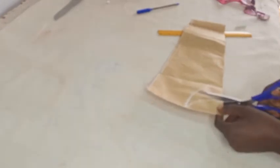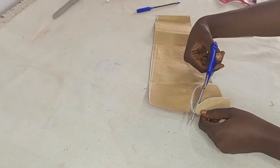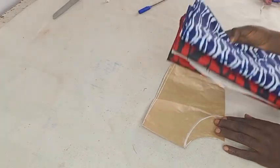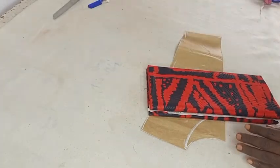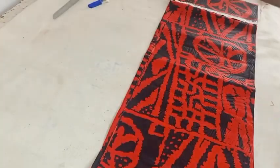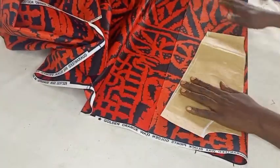We'll start by cutting the back part. I'll first of all remove or cut off the back neckline. I'll go ahead and cut the back part before cutting the front. Take note the back part is on fold. These are the 2 Ankara fabrics I'm going to use. So I'm going to begin with this. I'll fold my fabric into 2, place the pattern, pin it down,